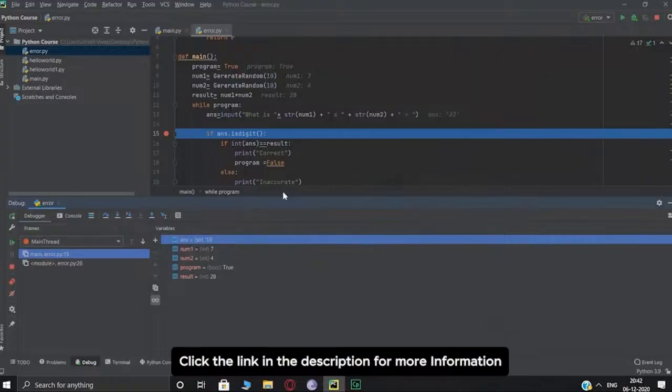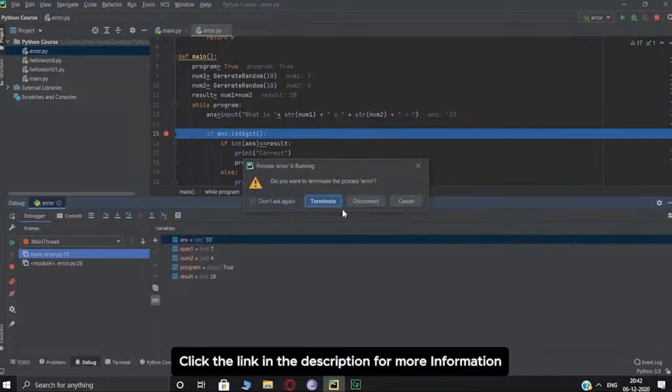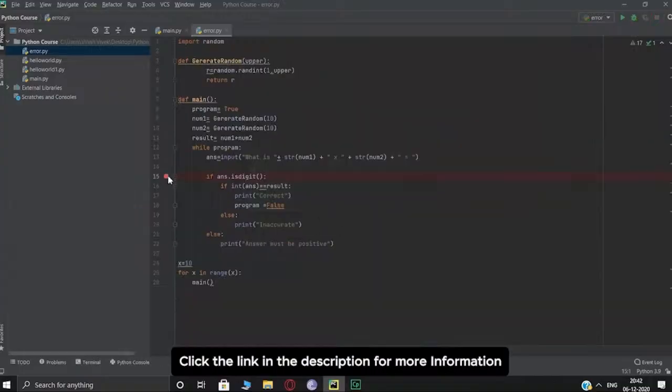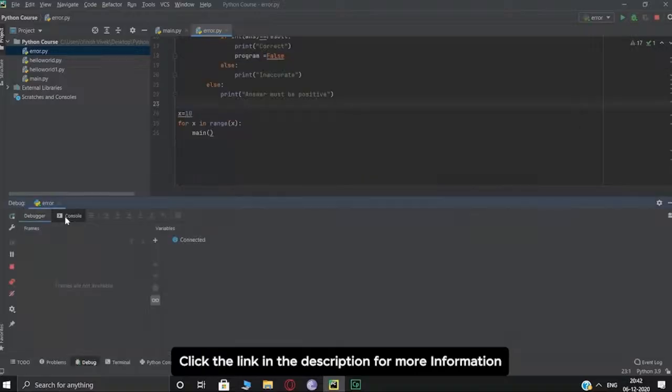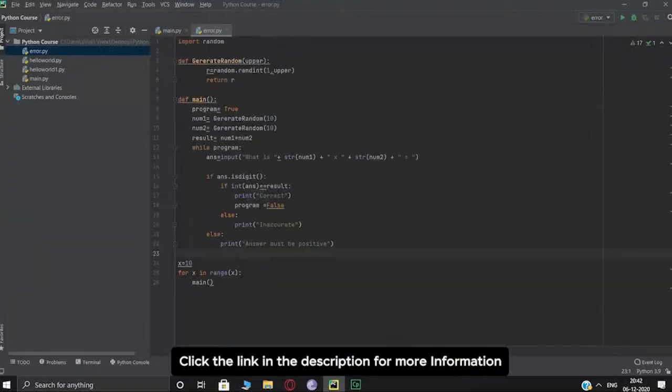Alright, so all of these things in debugging is not something that can be explained easily, but they can only be understood better when you work with them in your codes. So I would suggest that you work with them in your codes and then try to understand them. Just watching a video will not really help you understand it completely, but understanding them really requires you to try it out. So there are a lot of other things in debugging, but the most basic things that are required for debugging are these values, which I would again recommend that you try each of them in your codes and then understand them. Alright, so that's pretty much it for debugging,